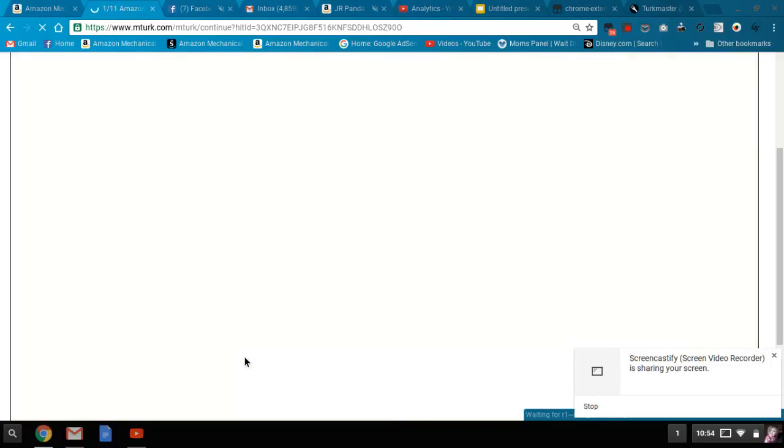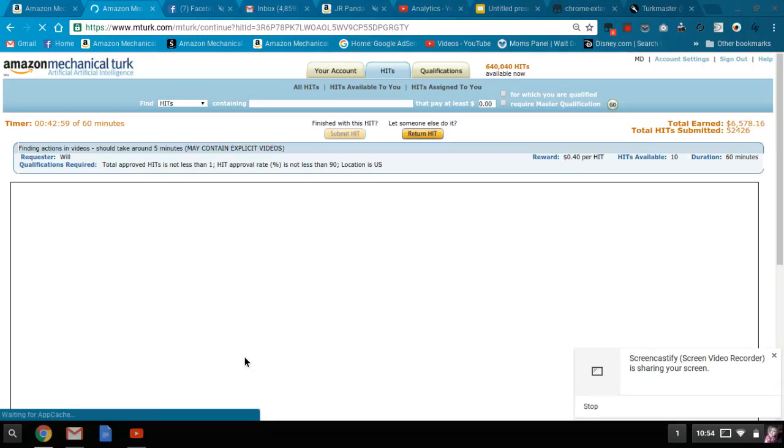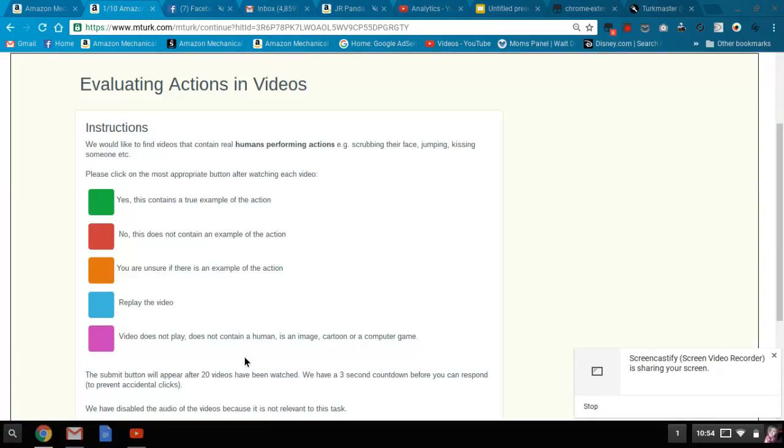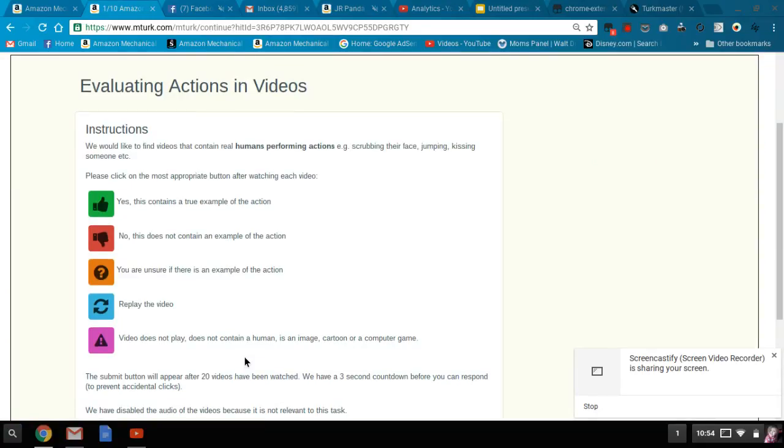So hopefully that's helpful. As I said, if you've been doing these for a while, take a look at those extra or highlighted instructions and make sure that you're following those. To me, that tells me a requester might be gearing up to either reject people or put some quals in place and keep the better workers and qual out the workers that aren't doing a good job. So definitely make sure you're giving each one the attention it needs.